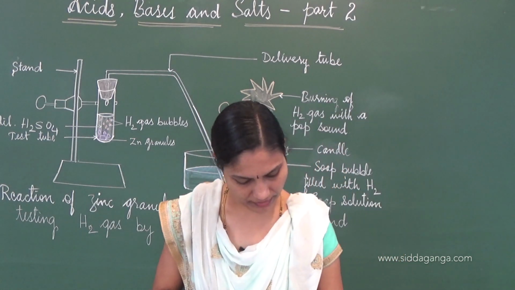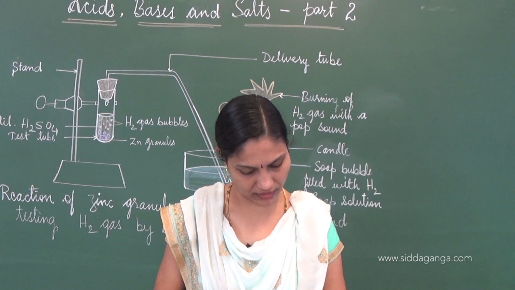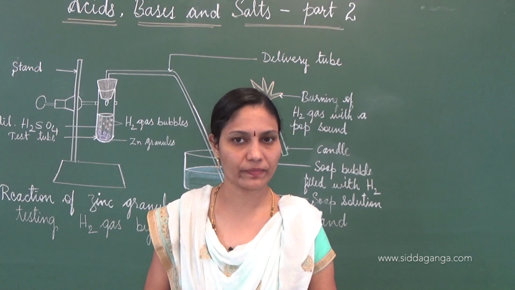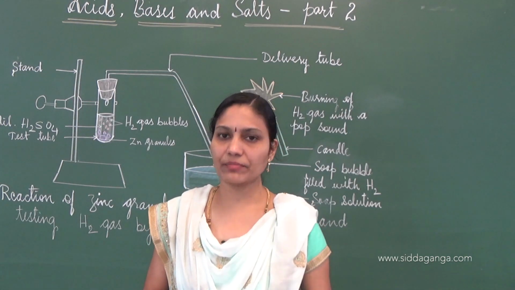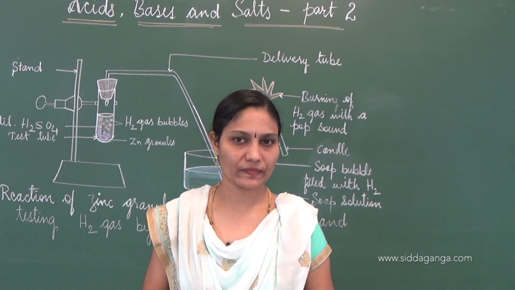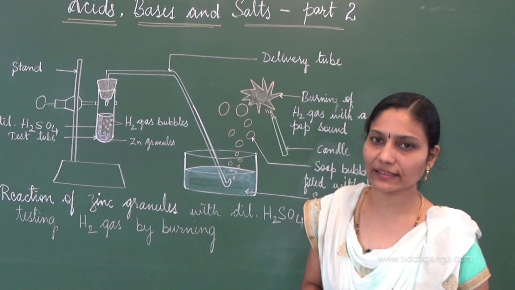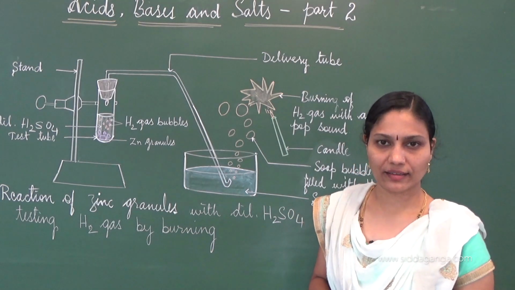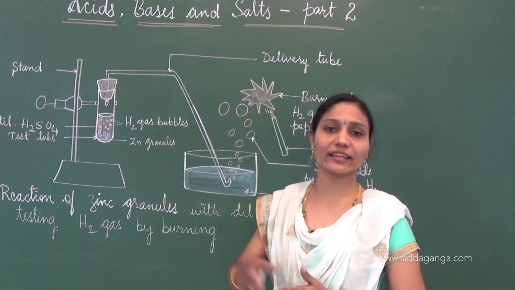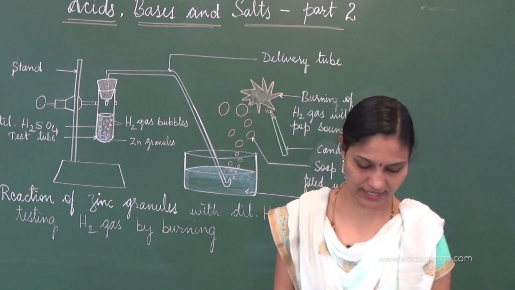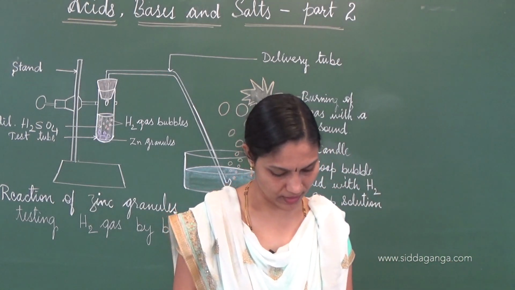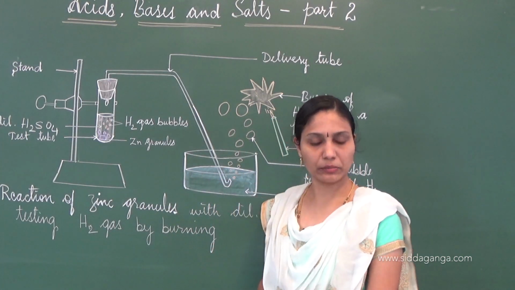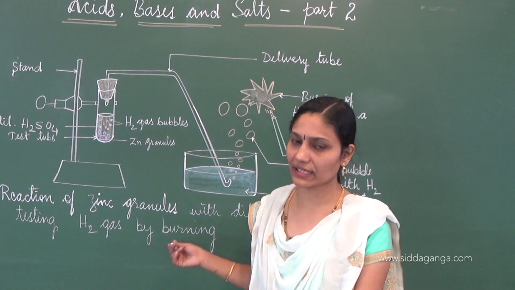In the activity, we are asked to repeat the activity with some more acids like HCl, HNO3 and CH3COOH. We will observe the same emergence of hydrogen gas. So this activity makes it clear that acids contain hydrogen, or acids upon reacting with metals generate hydrogen. Is this point clear to you, students? So acids generate hydrogen on reacting with metals is what we see in the activity.